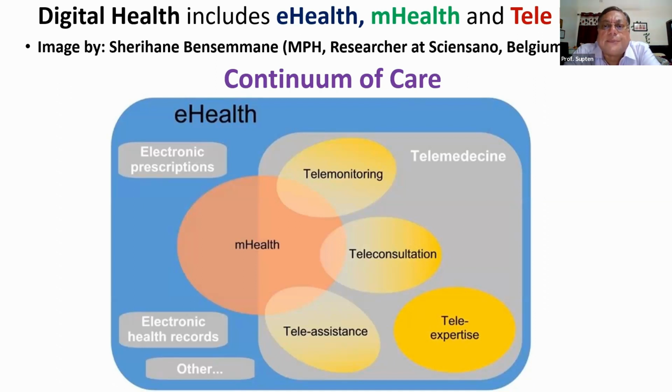So if you look at all the terms here, whether it's electronic health record, electronic prescription, telemonitoring, teleconsultation, tele-expertise, teleassistance, all these things together are trying to offer digital health. In telehealth, tele means distance. So we have this RPM, remote patient monitoring. Now, tele-home care is becoming very popular even in countries like India. And whether it's a healthy person or a diseased person, a sick person can be monitored very efficiently at his or her home without having to visit the hospital. And that is already being done in a big way.